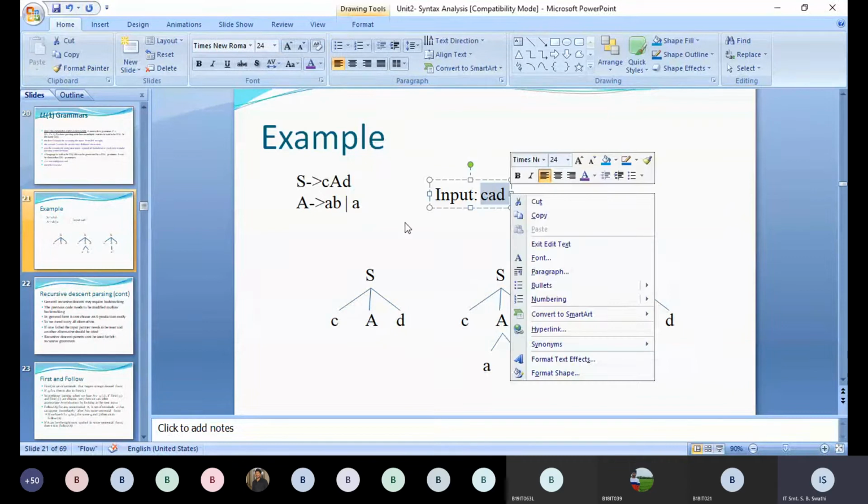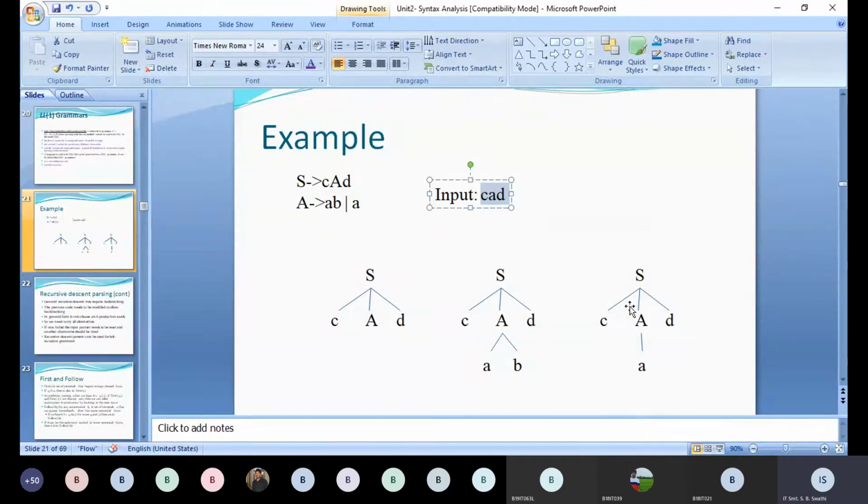Now, by using these three productions, we can use any of these three productions such that we can generate these input symbols. Now, in the top-down approach, always the strings are generated using the parent node or start symbol. So, among this, which is the main production and which is the sub-production? Which is the main production here? S or A? Yes. S is our main production.